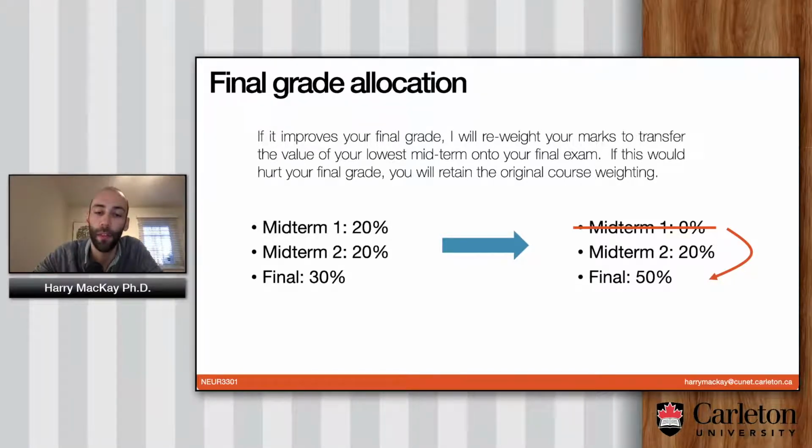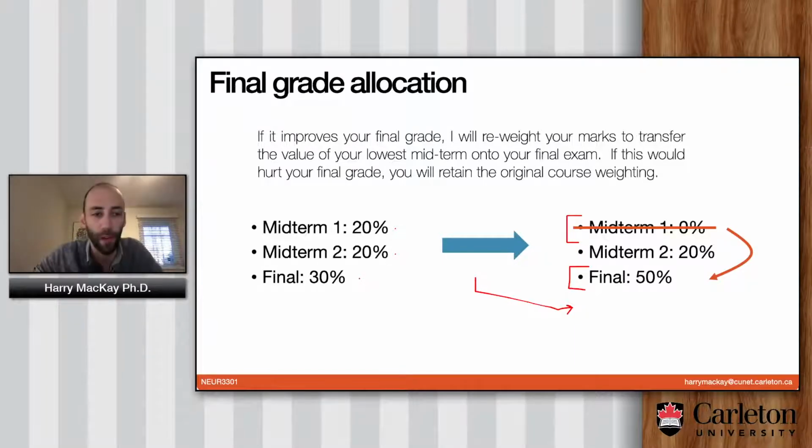So I'll offer the opportunity to reweight your grades such that the final exam can replace one of your midterms. Here it's set up so that your first midterm is worth 20, your second is worth 20, and your final is worth 30. If it would improve your grades, I will reweight your overall grade such that the final becomes worth 50%, and then we drop your lowest midterm,